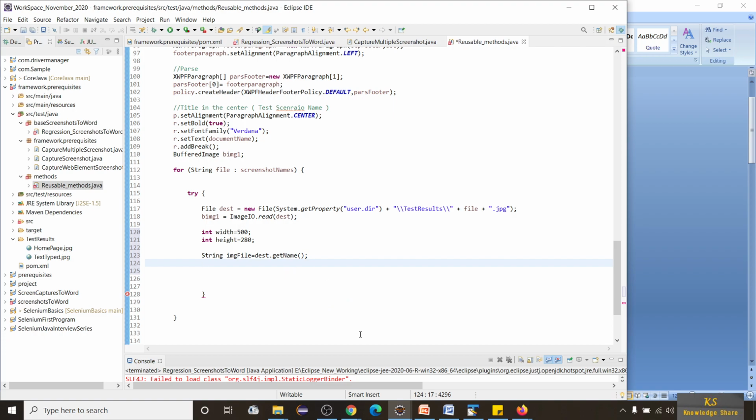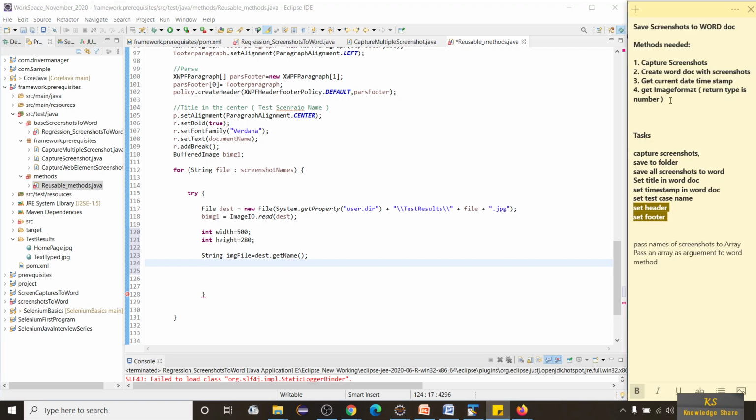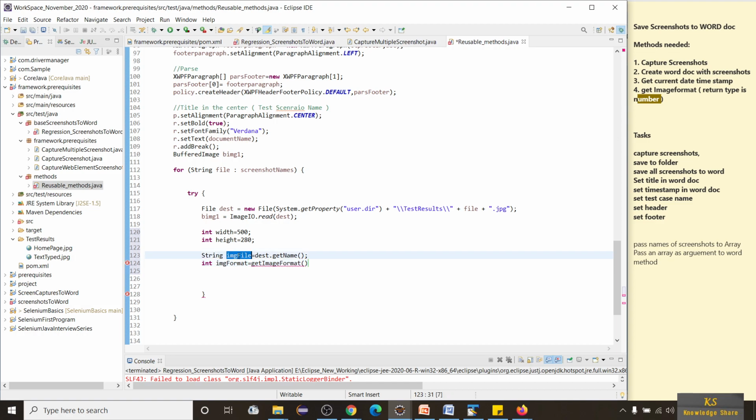Now, as I said earlier, we are going to create one method called getImageFormat, which will return the type in the form of a number. That number will be passed into one method. Let me show you that. Int imageFormat is equal to getImageFormat of imageFile.